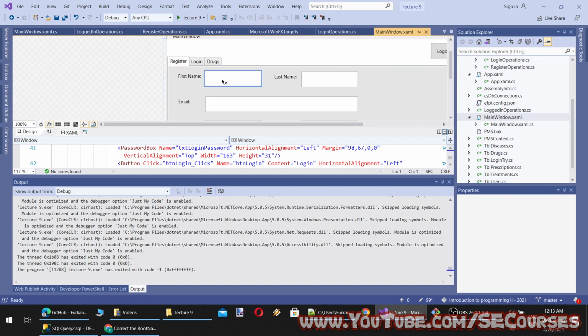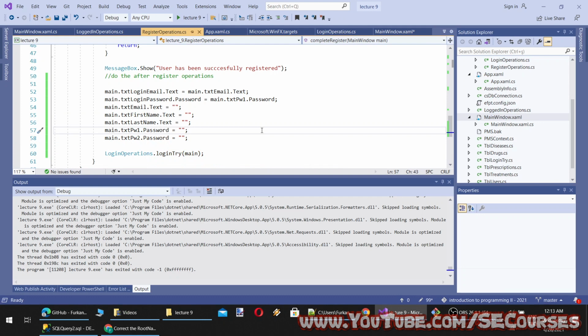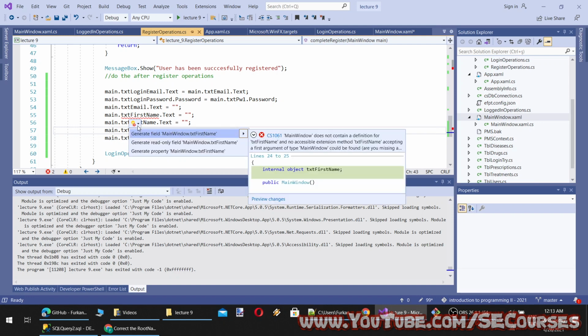So in here I will rename them, and I am hoping that it will automatically rename everywhere. Txt first name, or let's say register first name. Okay, it is renamed here, but I don't know if the references are renamed as well. No, no, it didn't rename.